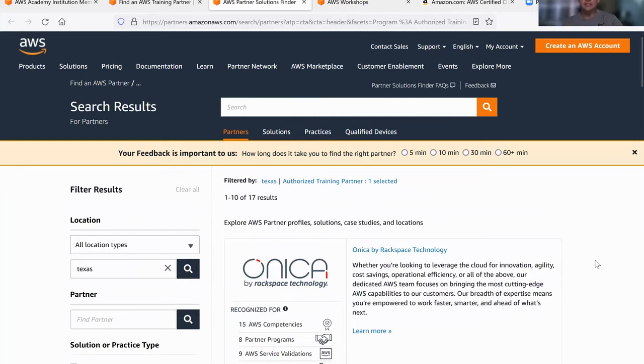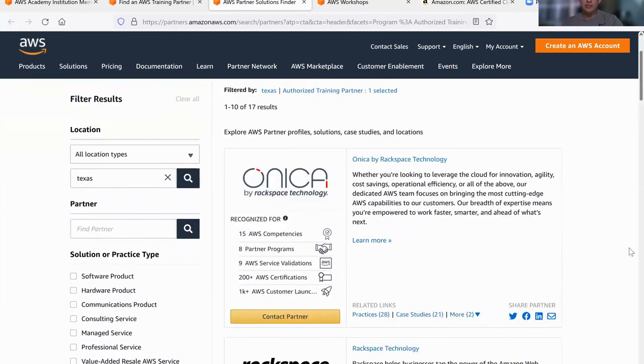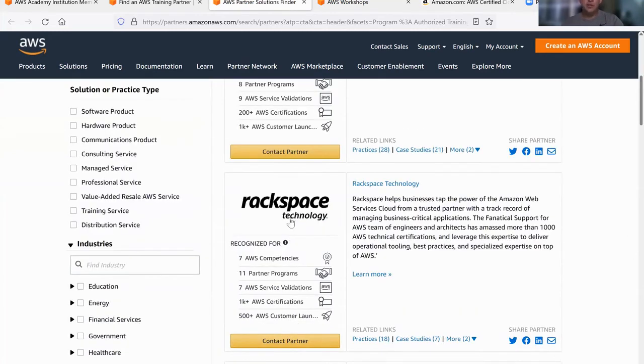And you'll get the various partners. So I came up with 17 in Texas. This one happens to be right here in my home city, so I know about them. But you can go this route too, right? You can contact the partner and get signed up. So those are the two ways to look at the concept of